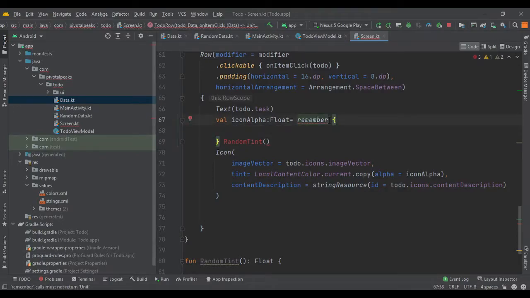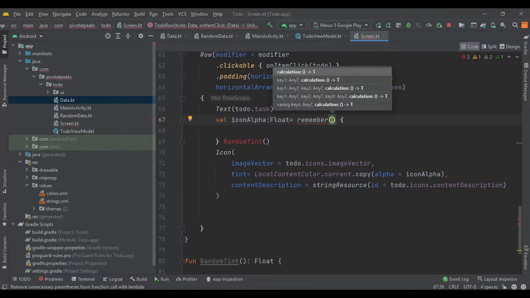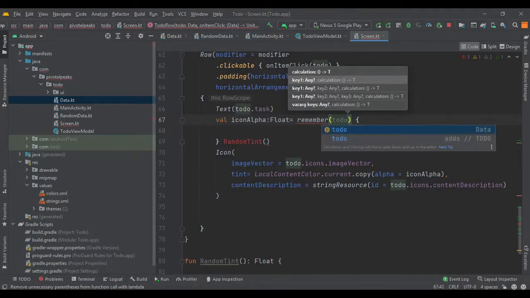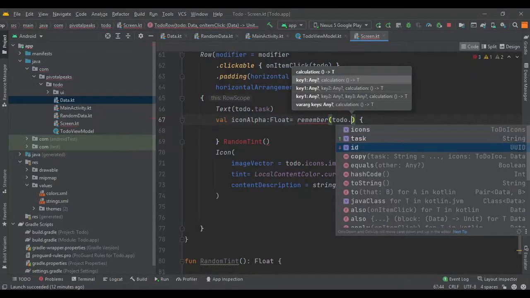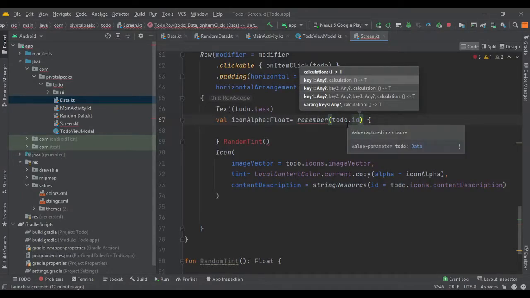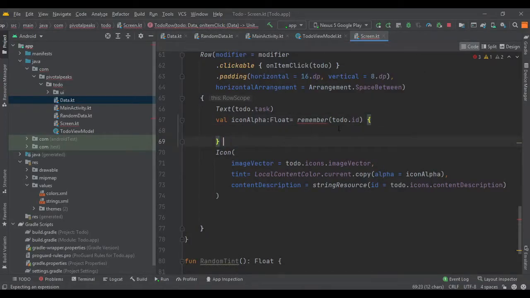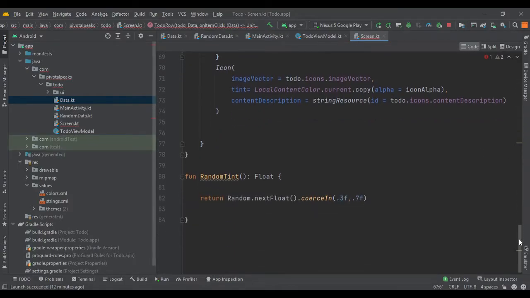The first is the key, so we need to pass the key to remember it. So let's pass our todo.it, and the second part is the calculation, which is the randomTint function. So we just need to move this function from here to here, and now it's ready to save the value of tint.